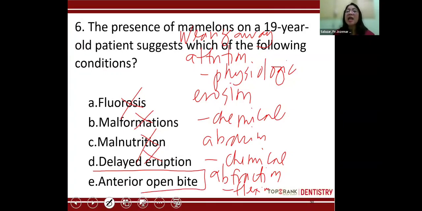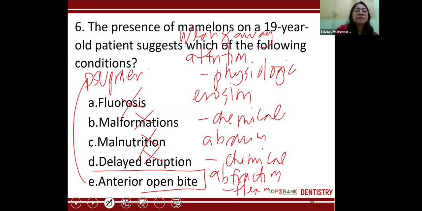Nakagaya siya. Okay? Ano bang nangyayari, class? Bakit nagkaroon ng anterior open bite? Why is it that you have an anterior open bite? What's the reason for anterior open bite? Because of supra-eruption of your posteriors. Okay, anterior open bite. Bakit nagkaka-anterior open bite? Kasi nag-supra-erupt yung posteriors. Kaya pagkagat, hindi na makapag-occlude yung anteriors kasi nag-occlude na yung posteriors. Now, so anterior open bite is brought about by supra-eruption of posteriors.